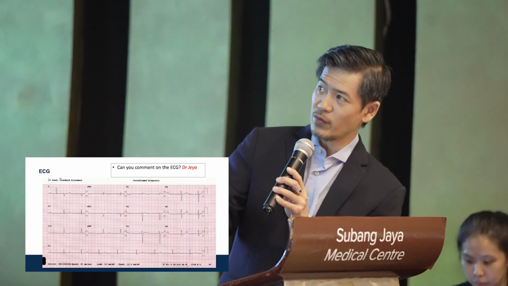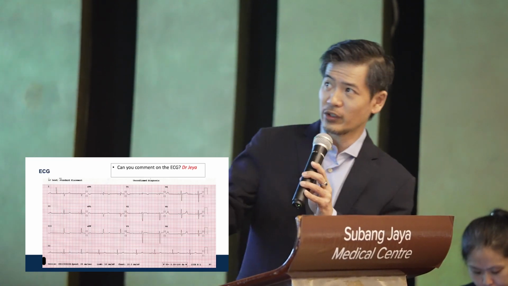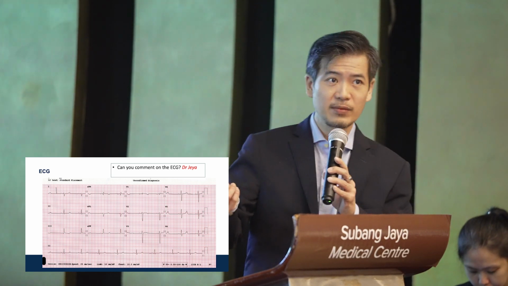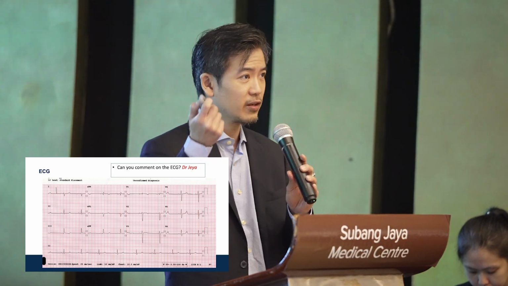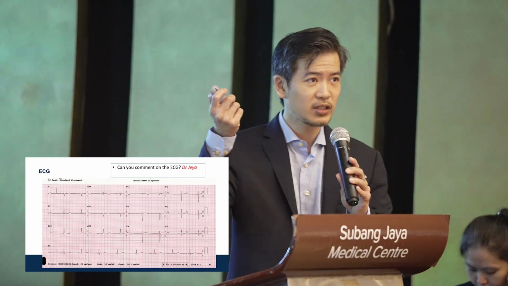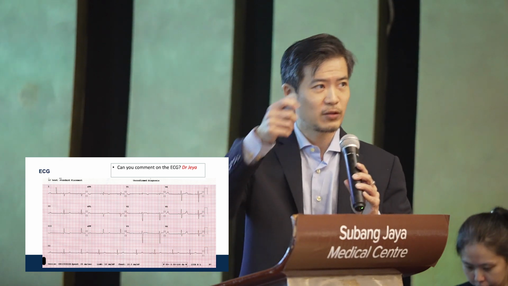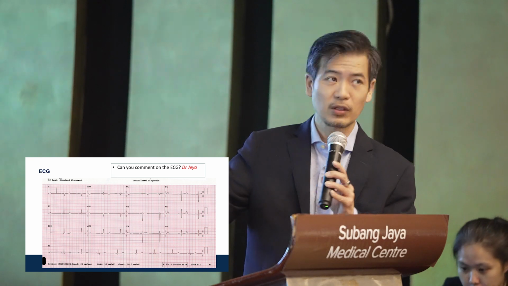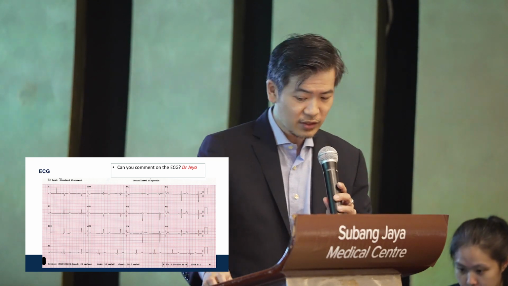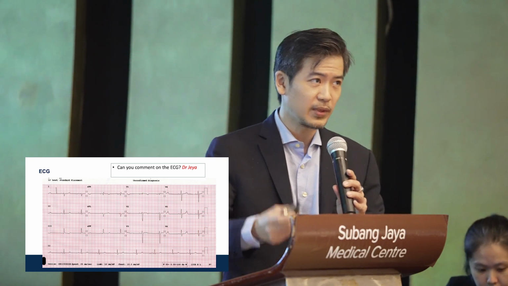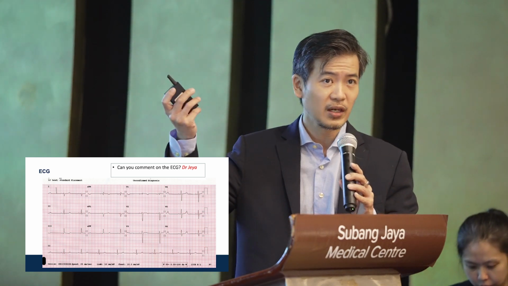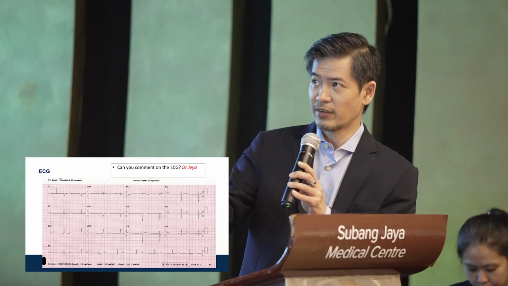Correct. If we really want to stretch it, then like what Dr. Jaya said, a bit of partial RBBB, and maybe the axis seems to be a bit rotated to the right. But remember, she's a fit lady, so sometimes the heart is not entirely back to the so-called normal axis. So it may not be something pathological. But other causes of so-called abnormal ECG will be at the back of your mind, something to do with the lungs, something to do with an ASD, for example.